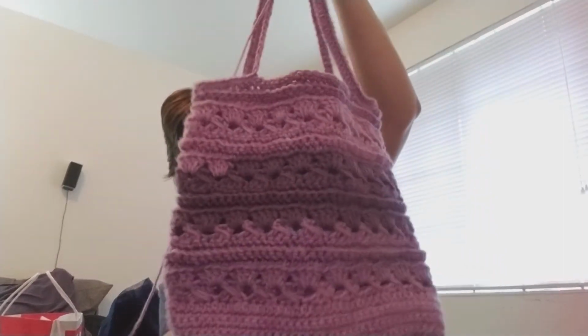I'm super impressed on how much yarn this did not eat up. I was like, wow, okay, so now I have a whole other ball. And hopefully I don't have to get into the other ball. That would kind of suck. But I'll do it if I need to. That was called Ocean Serenity Bag